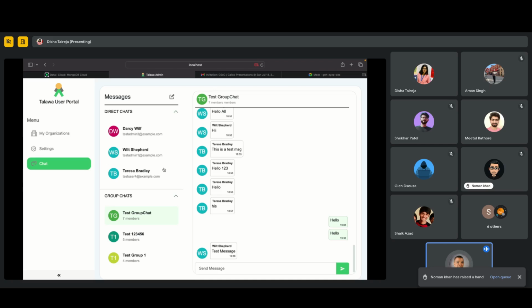The separate groupings are not something that people are going to expect. From the coder perspective, I understand why you've done it this way, but from the user experience, it might not quite be the right thing. I think Norman had a point to make. Please go ahead. Yeah, I think we can have a separate section in the sidebar, similar to chat. We can have a group section in which we can have the group chats to make it separate. Yes, whatever methodology we use, you can take that into consideration, Disha.